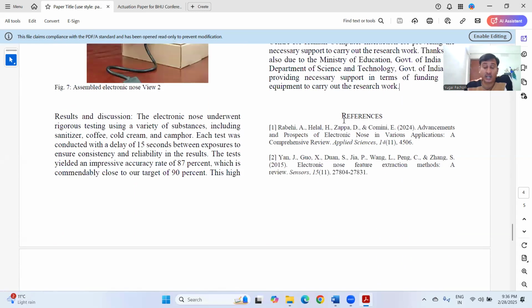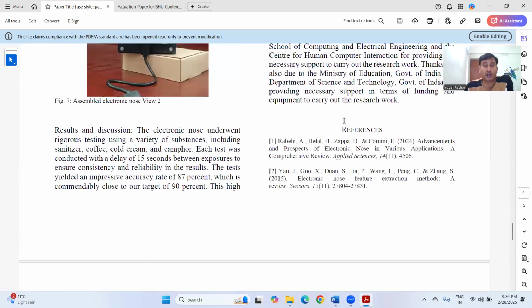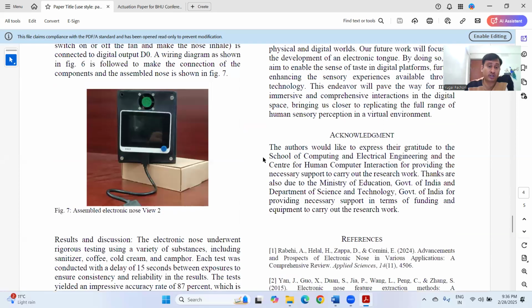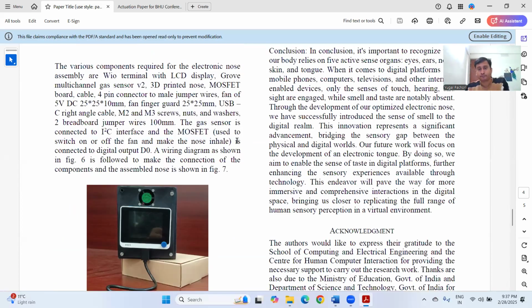You should give at least 20 to 30 references, at least 20. Then there are good chances that it is accepted. And you should give the original tables, diagrams, figures, and original images that you clicked with your mobile phone or camera. You should not download images from the internet. Otherwise, you have to cite the source of the image as well, which becomes a tedious task for referencing. So if you give original images or original content from your camera or your original work, there are more chances that the paper will be accepted in the first shot as well. So these are the things.